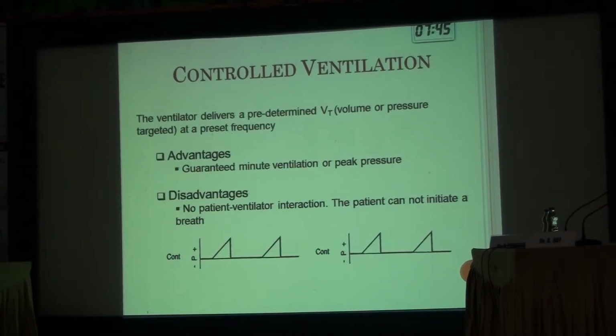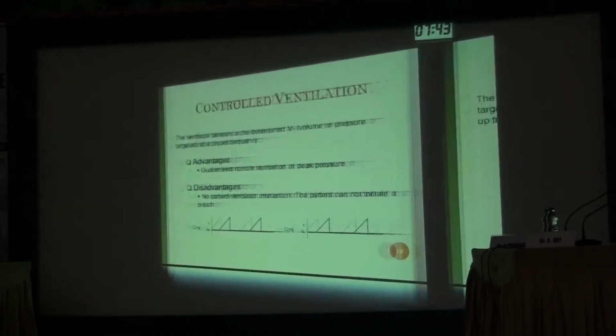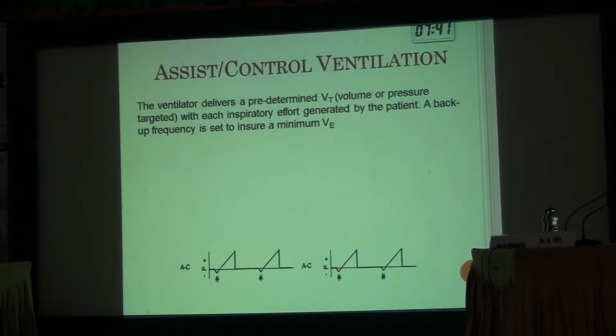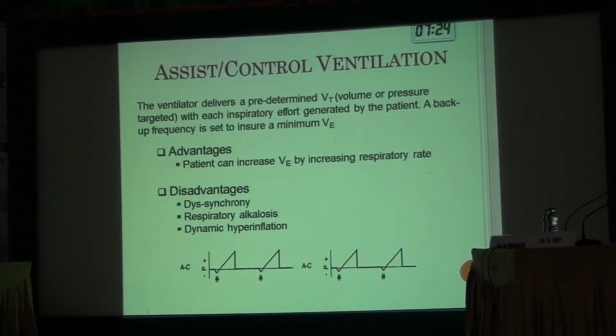So that is the major disadvantage of this mode, and that's why assist control mode has come into vogue nowadays, because that actually senses the patient's need and the patient's will, and thereby adjusts the delivery according to the patient's hemodynamics, the patient's respiratory physiology. So that is why assist control mode is very, very important nowadays. But also it has got its own problems of respiratory alkalosis. Overventilation or hyperventilation is always a problem with this.